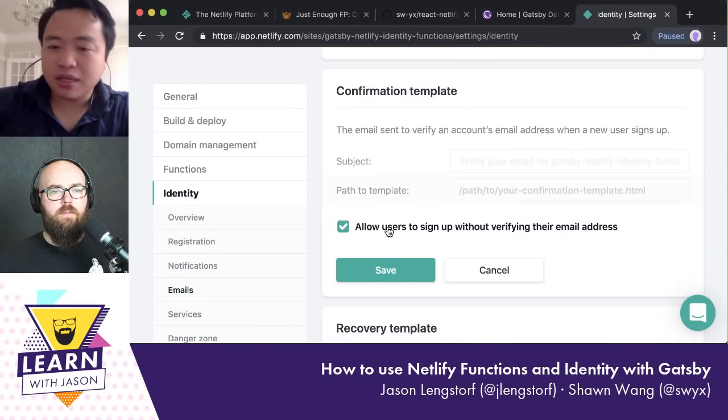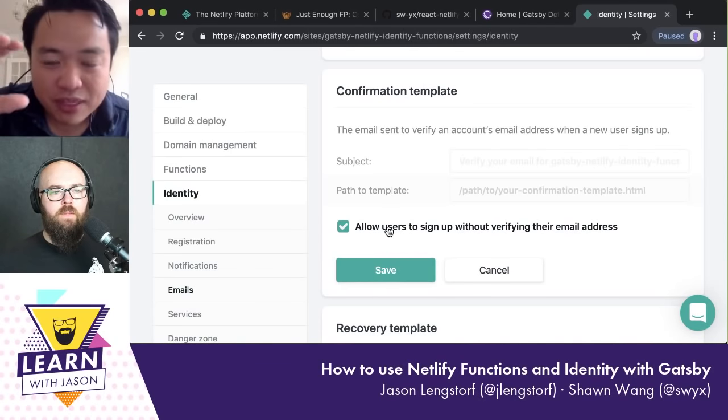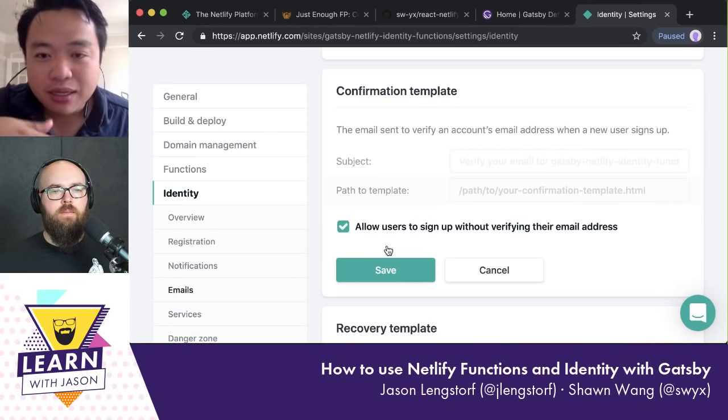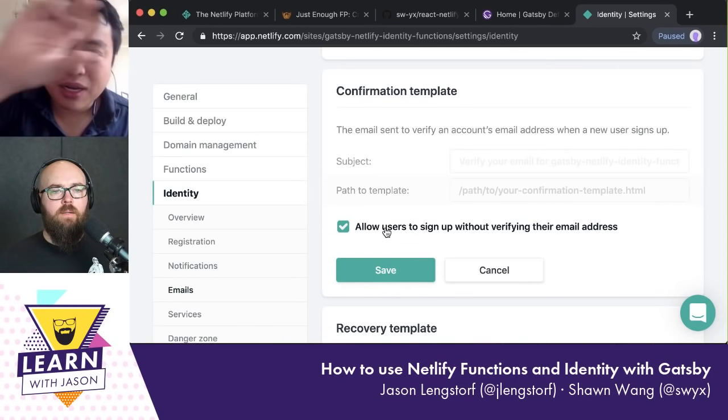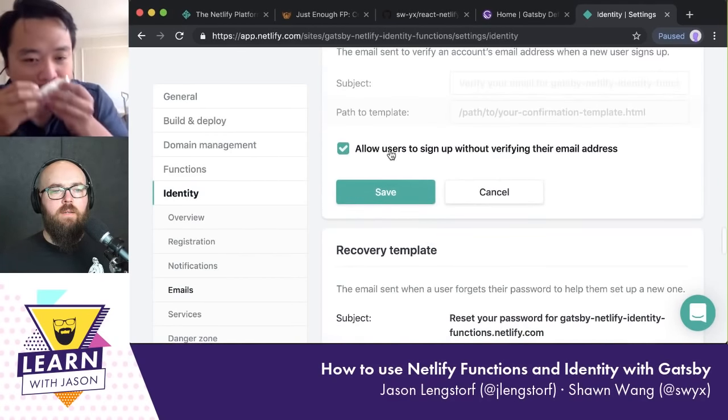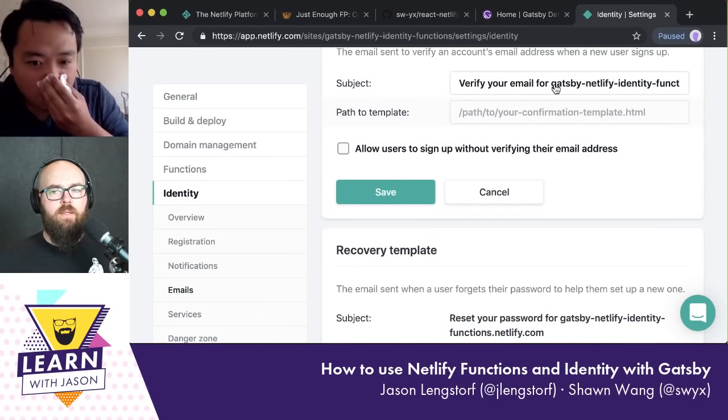So it has a flag on the user object saying whether the user is confirmed or not, so that you can choose to allow access or not based on whether the user is confirmed, or show a reminder like, hey, you haven't confirmed your email yet. And does this show up in the